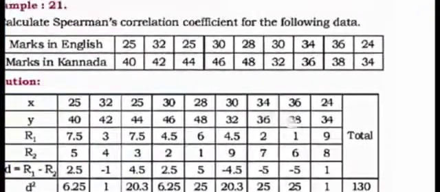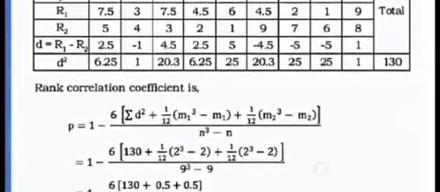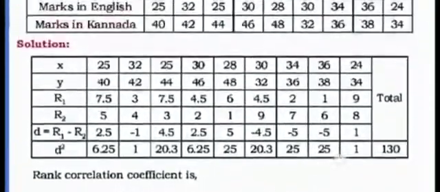Here also there is an example of the same type. The values are repeating. See, when the values are repeating, you cannot give 1, 2, 3. You have to give the same ranks. Like if there are 3 students of the first rank, you have to give them 1, 1, 1. So if 3 students are exhausted, means 1, 2, 3 numbers are gone. So the next one you will be giving like that. That is how the method is. So you can try out this example number 21, which is having repeated ranks. Same basis, you can just try it on your own.